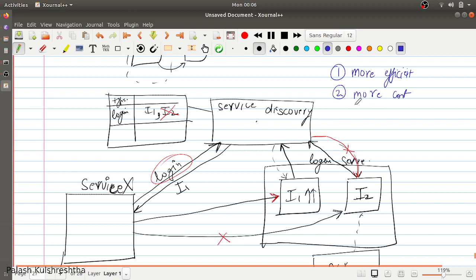But there are some drawbacks for this system also. The first drawback is that the responsibility for load balancing among the service instances depends on the calling service. If the calling service has some malformed portion in it, it is going to give uneven load on the service instances. So it is sometimes less stable if the code is buggy.